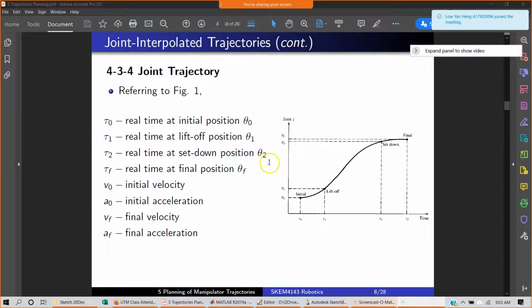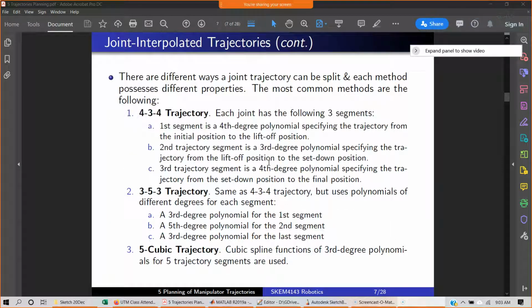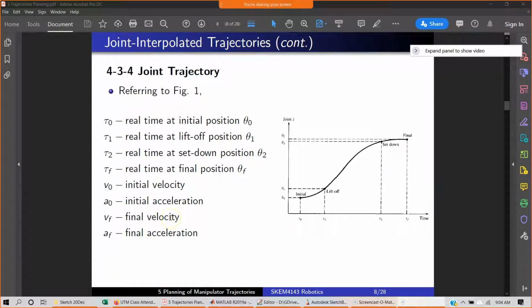Okay, so in our course we will only focus on the 4-3-4 trajectory, because I don't see a point in learning other trajectories, because this is highly mathematical. I mean, you just have to substitute the values and compute the trajectories. So if you know 4-3-4, for sure you would know 3-5-3 and 5 cubic trajectories as well. Okay, so before we begin, let's recap